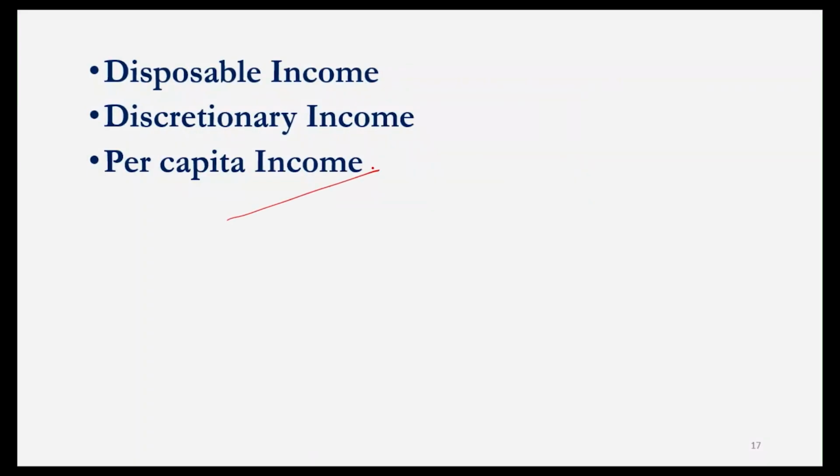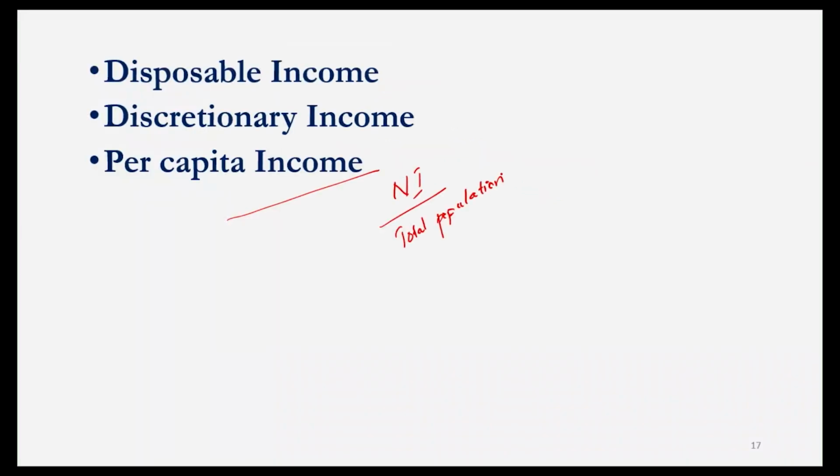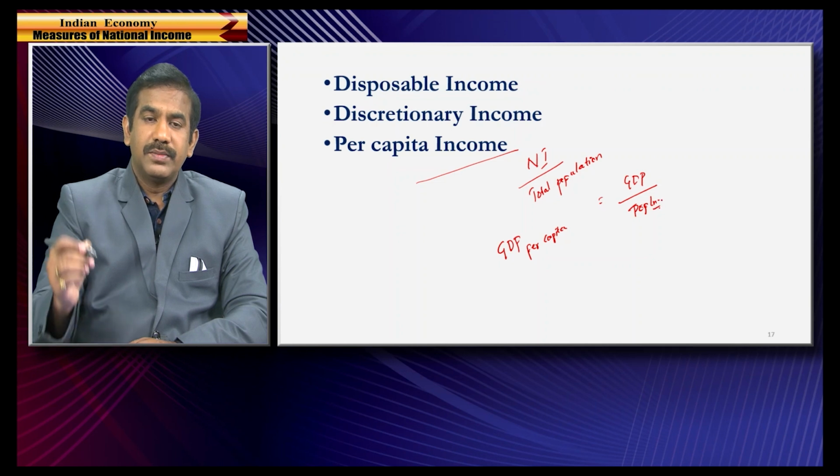But before going ahead, let me also start with the last one here, that's per capita income. Per capita means per head, that's it. It's simply computed as national income divided by the total population of the country. So if you divide the total national income by the total population, what you get is per capita income, per head, something like an average. Similarly, you could call this GDP per capita. When I say GDP per capita, what is it? The GDP of the nation divided by the total population. So how would you get GDP per capita? GDP divided by the total population of the country, that's it.